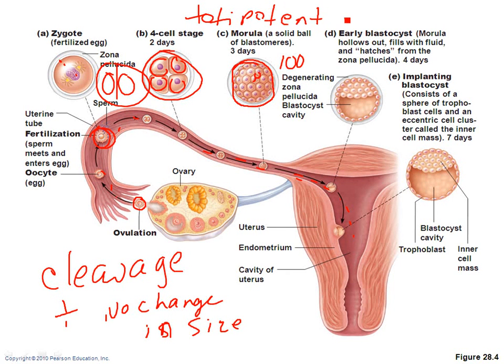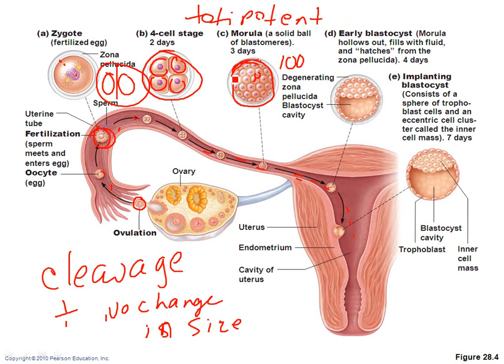Okay, and that just basically means they can become anything. So think about stem cells. Any one of these cells can become anything in the body. They're not programmed yet. They're able to become anything at this point. The next video you see, we'll be talking about the actual development, talking about the different germ layers and what becomes what.